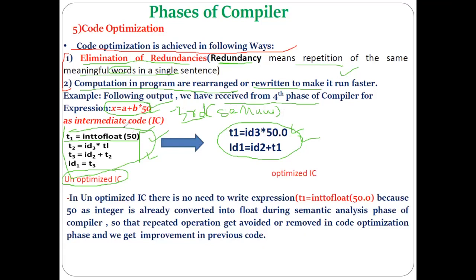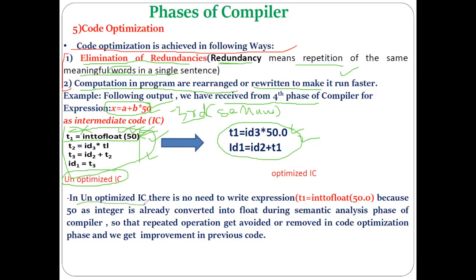So still, in the intermediate code also, we are writing the instruction to do that. So there is no need of this instruction in the intermediate code. Understood? And that is the reason this instruction or this code is considered as a redundant code. Which code? This first instruction code. Understood? So this can be eliminated. Understood? The same thing I have mentioned here.